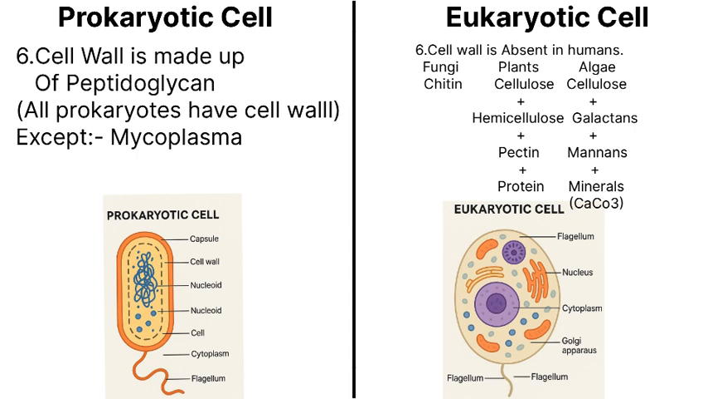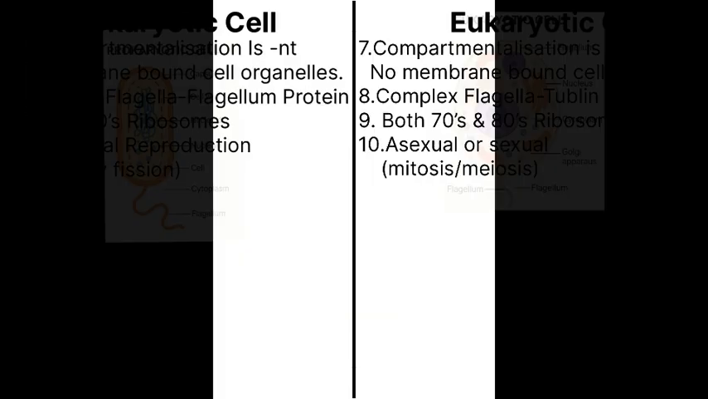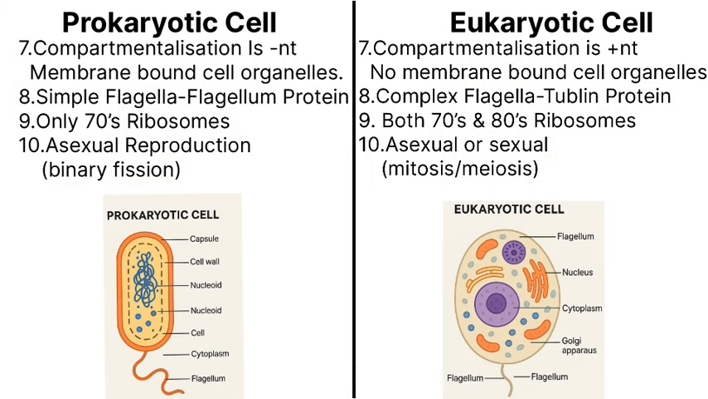And in the eukaryote, the cell wall is not a permanent character. In the plants they have the cell wall, but in humans they don't have any. But in the prokaryotes it's a well defined character for them. And if you look in the prokaryotes, you will find that no compartmentation is present. It means their membrane bound cell organelles are absent in the prokaryotic cells, while in the eukaryotic